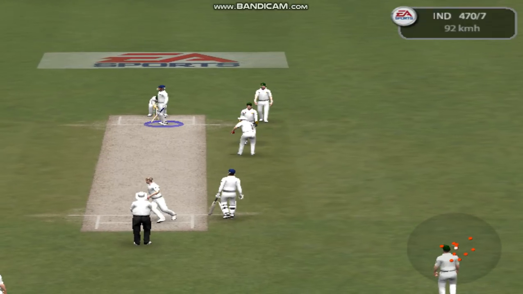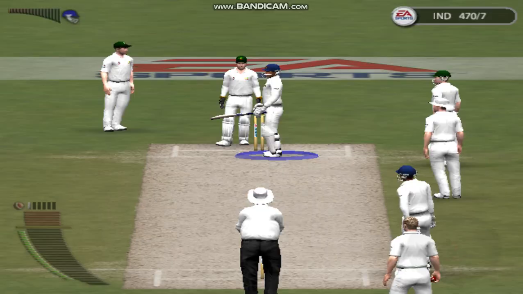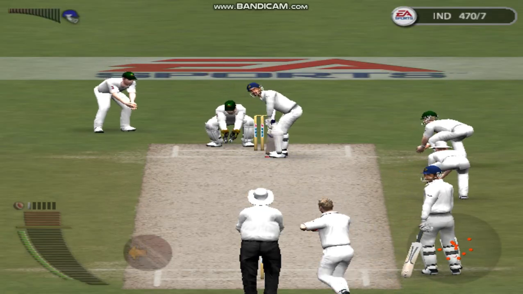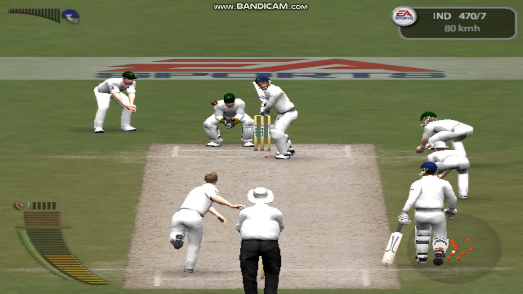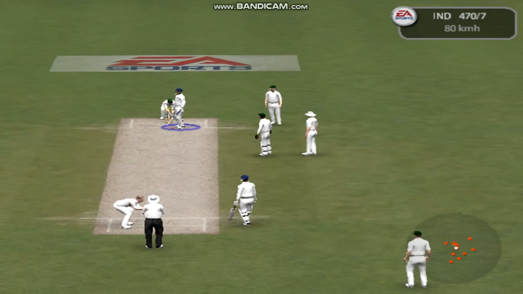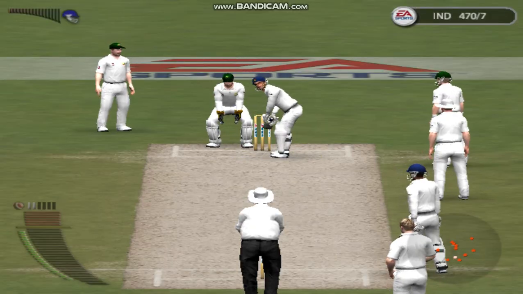You must be sure that you keep your eyes on the ball. Agarkar waiting at the striker's end. Clark continues.